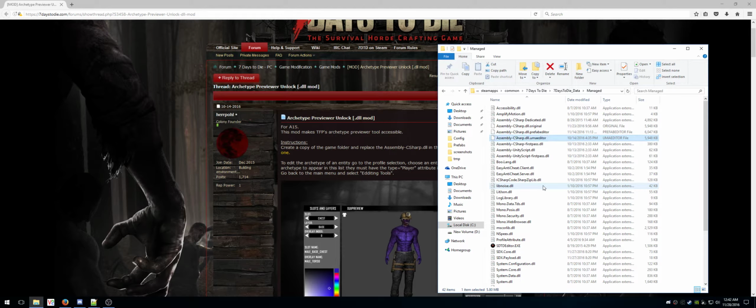You know what? I'm just going to copy it. Copy, then paste it, rename it to simply Assembly-CSharp.dll. Now this has replaced the DLL file in 7 Days to Die, and it is very important that you do this. And then the next thing I'm going to do is I'm going to go to my